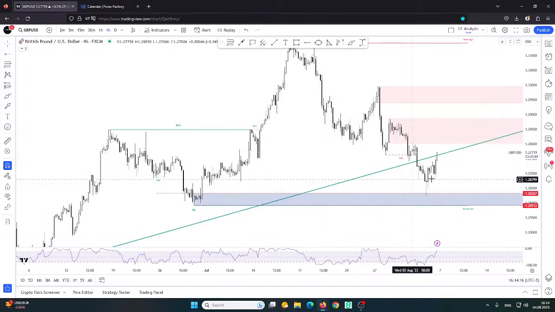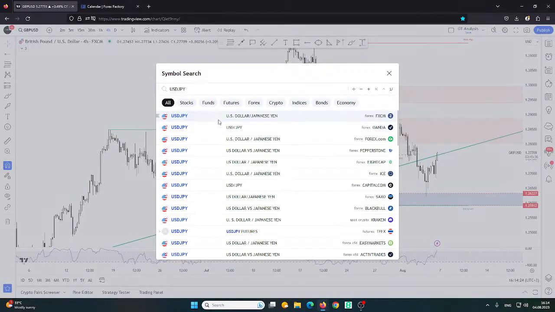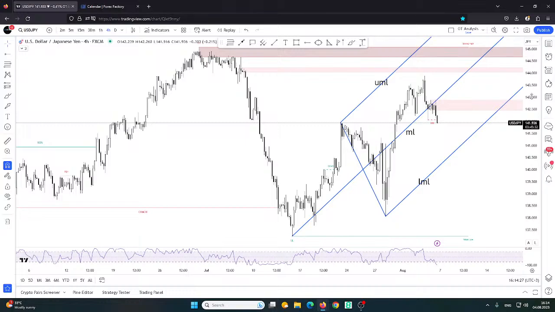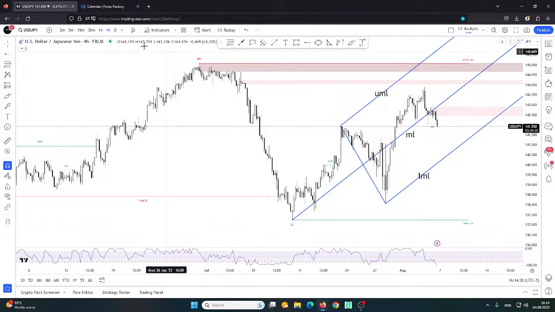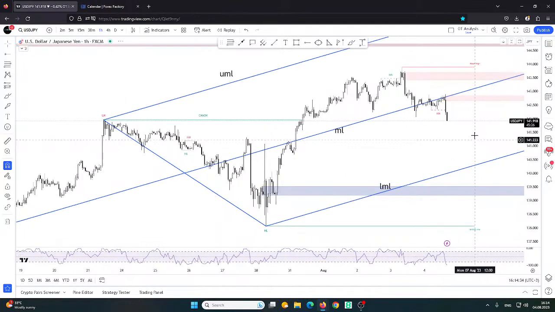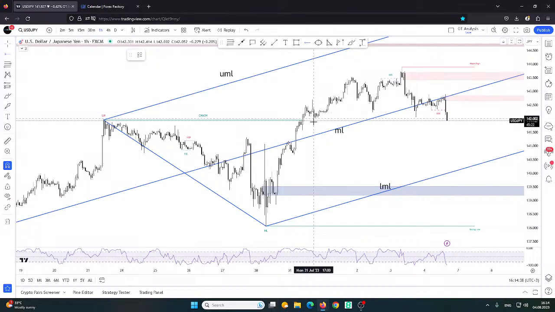And right now, no, I don't want to do anything here. It's too late to go long. We had an opportunity yesterday on this market, US dollar versus Japanese yen. Yeah, it drops only because the DXY crashed. The DXY crashed,